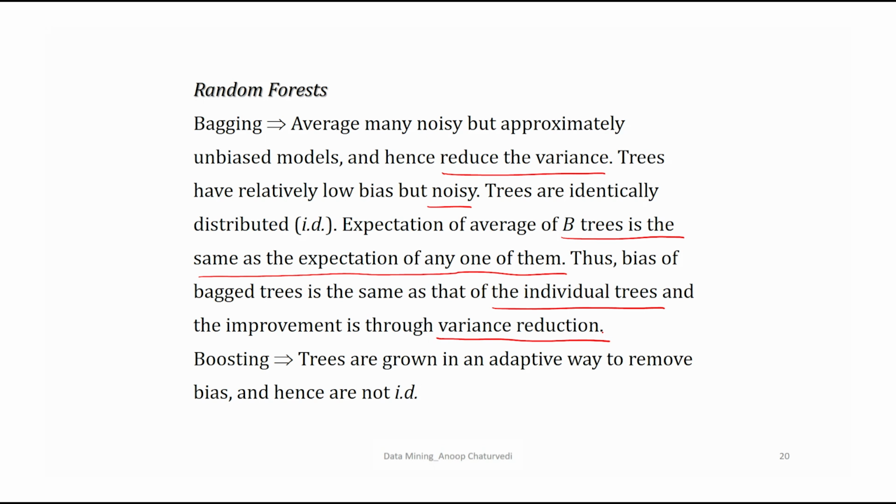So bagging controls variance, but it does not control bias. In boosting, trees are grown in an adaptive way to remove bias, but they are not identically distributed. And then you face some problem because the trees are not identically distributed.